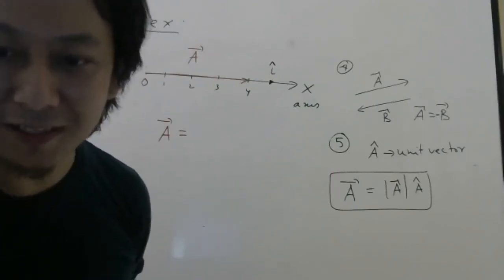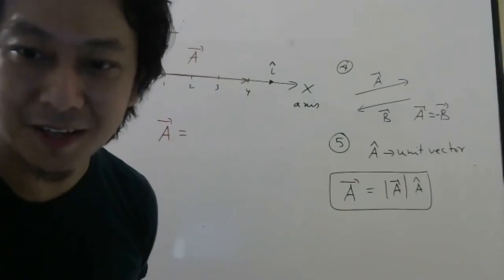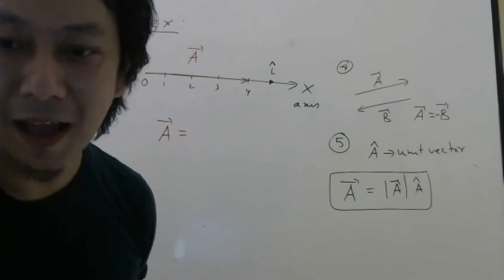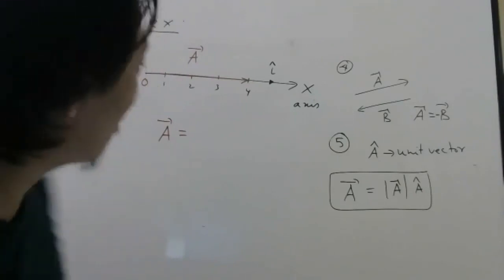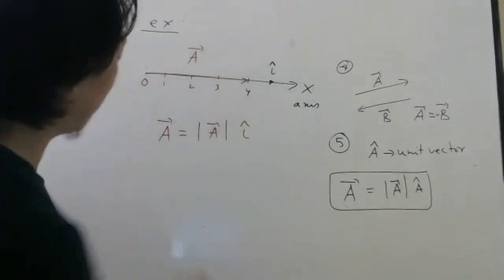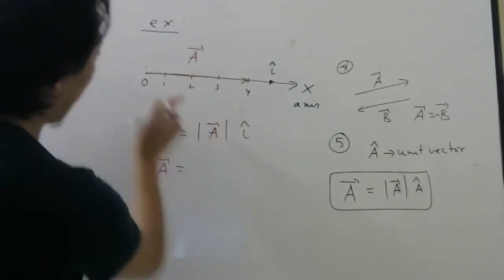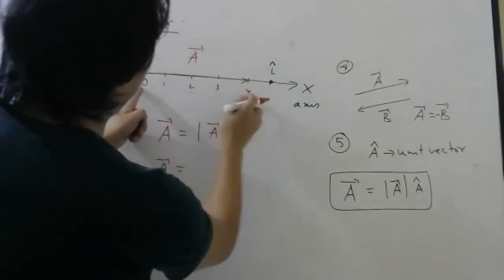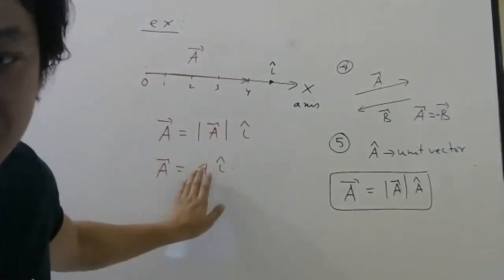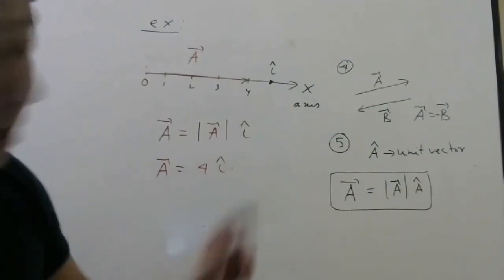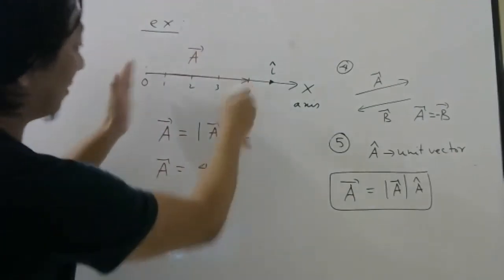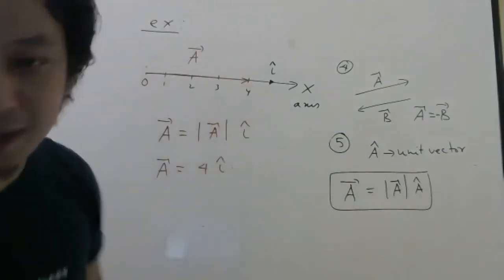Most of you have done correctly. Some of them are still not doing correctly. I don't know why. Sujan, what is that? I cap minus 1? I did not understand. So you can see magnitude into I cap. This is the way we write. And in this example, what is the magnitude of this vector? 1, 2, 3, 4. So 4 I cap. Okay, so this is the answer I wanted. A bar is equal to magnitude times I cap. That is correct. But magnitude means what? Length of the vector. So length of the vector here is given to be 4. That way you have to show.